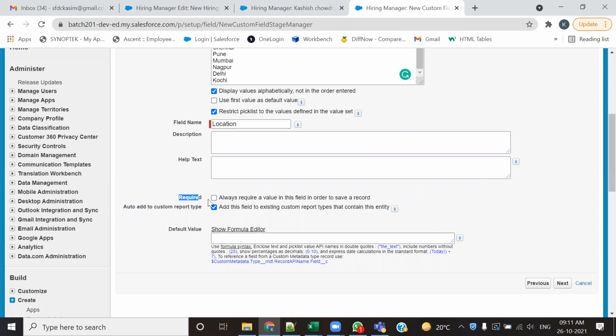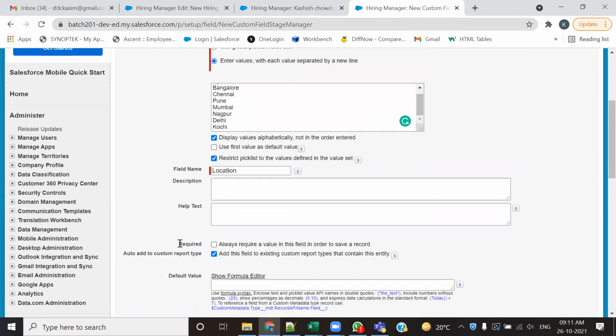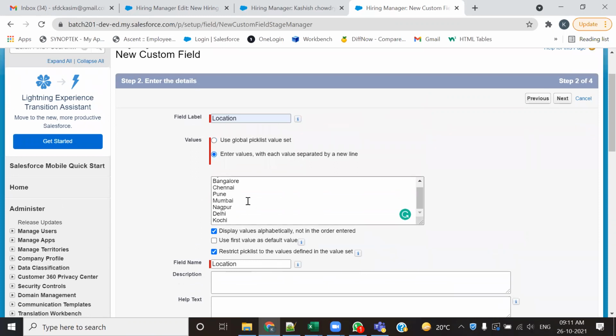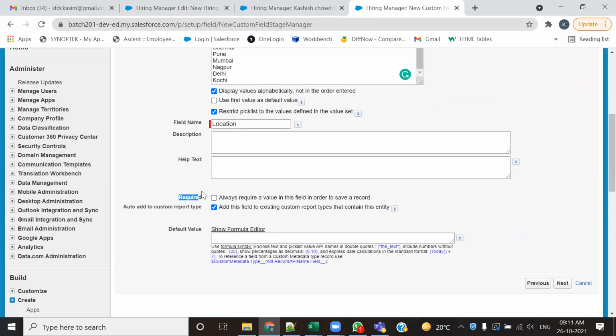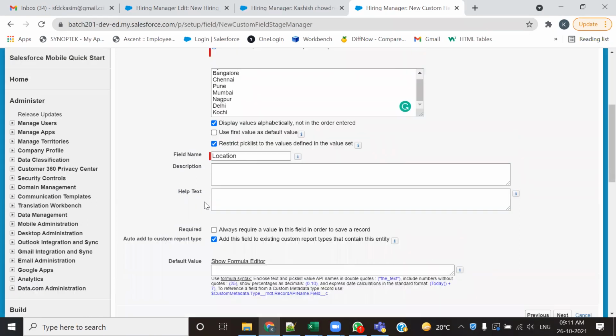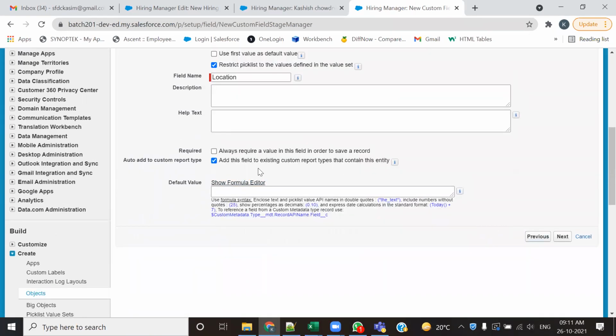अभी क्या है, इसके बाद में आपको फील्ड क्रिएशन बताऊंगा मैं विद स्कीमा बिल्डर, स्कीमा बिल्डर से बताऊंगा। स्कीमा बिल्डर से अगर आप पिक लिस्ट बनाते हो तो उसको रिक्वायर्ड करने का ऑप्शन नहीं रहता, तो वो हम आइडेंटिफाई करेंगे। अभी आपको यहाँ दिखा रहा हूँ, मैं इसलिए दिखा रहा हूँ ताकि आप इसको ऑब्जर्व करके अपने दिमाग में रख लो। ठीक है, कि whenever we create a pick list using the standard navigation, we have an option to make it required. और ये ऑप्शन आपको स्कीमा बिल्डर पे नहीं दिखने वाला है, ठीक है।